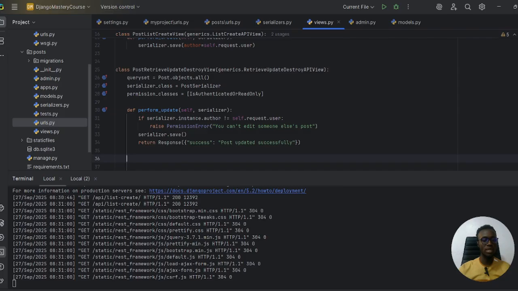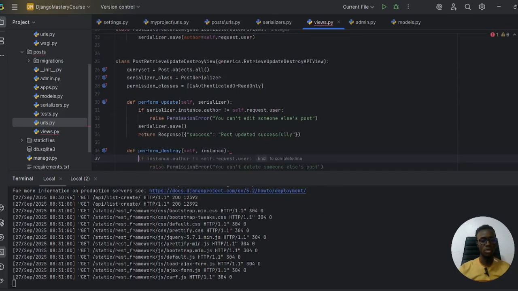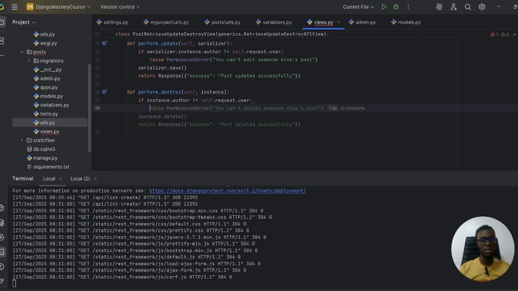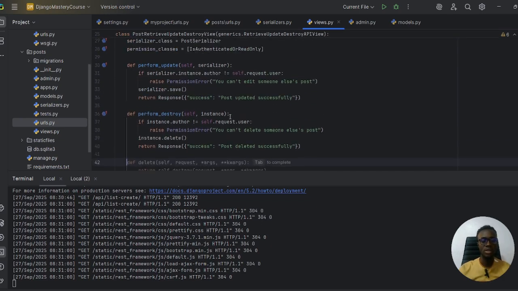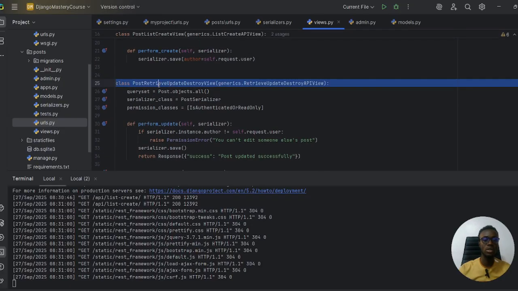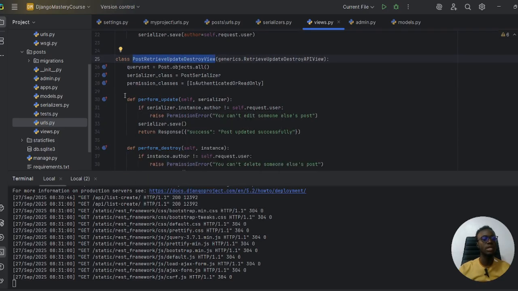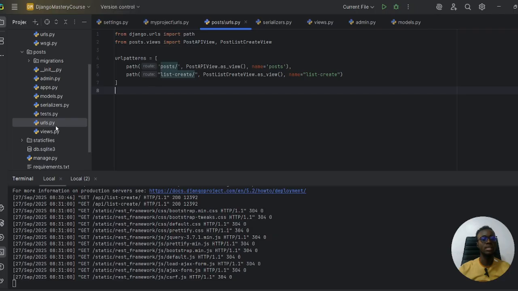Then likewise, when we want to destroy, we customize the perform destroy. So if instance the author is not the authenticated user, you would want to prevent that. So with that, we already have with this code bundled our detail view, our update, our destroy. Now we route a URL endpoint to it,